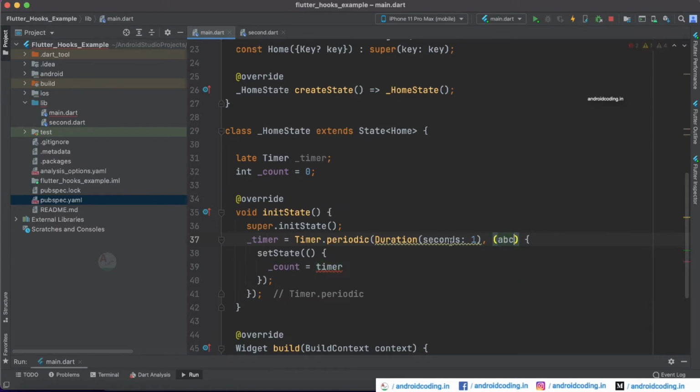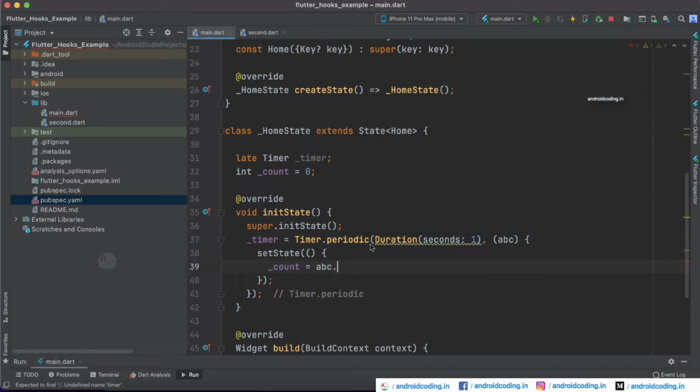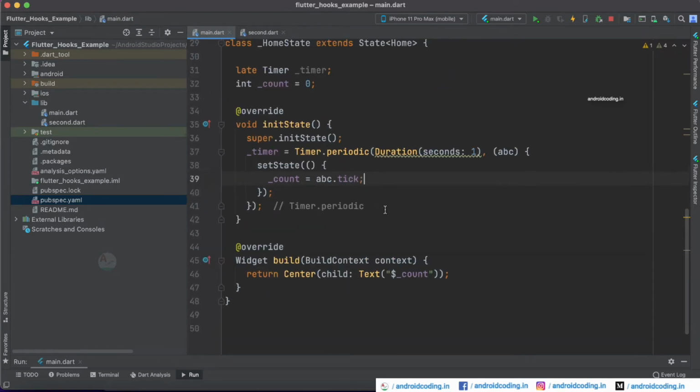Here I can just specify ABC. So that is the value we are fetching from this particular callback, and you can just make use of ABC here and dot tick here. So here you are getting the value. So now we are trying to update the count variable here for every second,